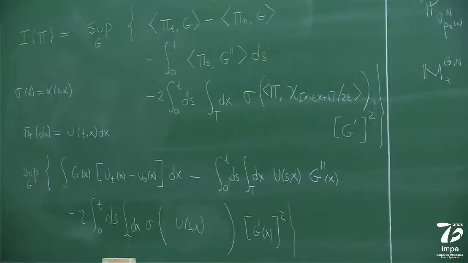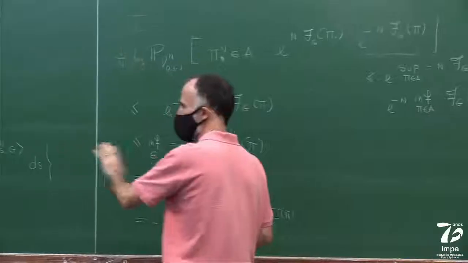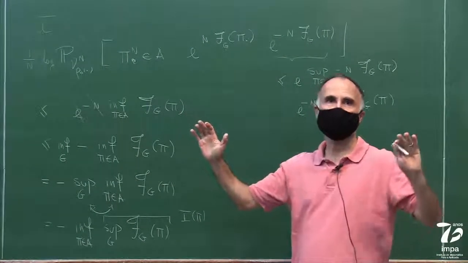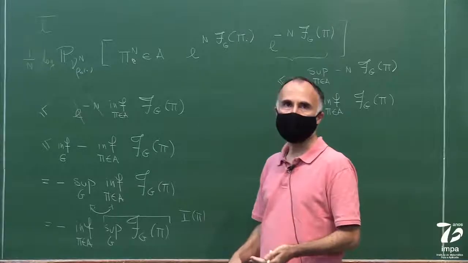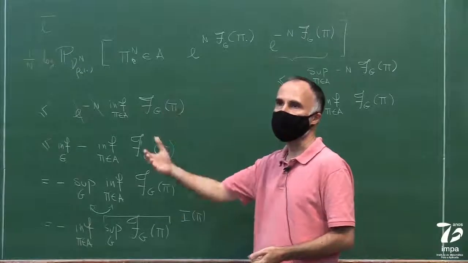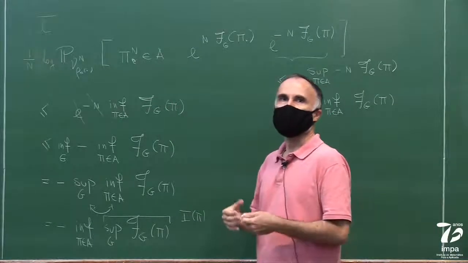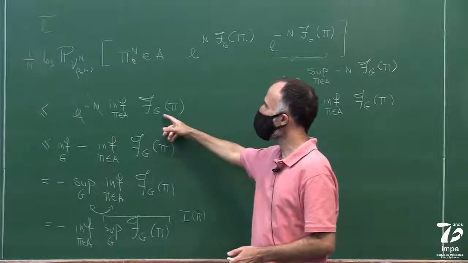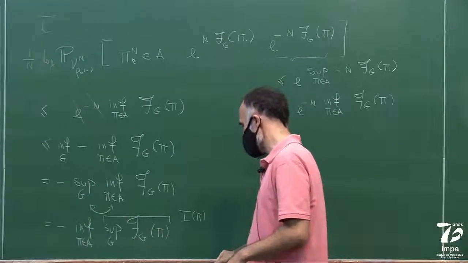So this is almost correct. It's not totally correct because in order to get, so what I said, it's absolutely correct. But if you want to show that the upper bound coincides with the lower bound, you have to take functions g which depend on time. Okay, here I took a function which does not depend on time. If it does not depend on time, well, I get that bound. That bound, it's not good enough because to get a better bound, I have to consider functions g which depend on time. Okay. That's not a big problem